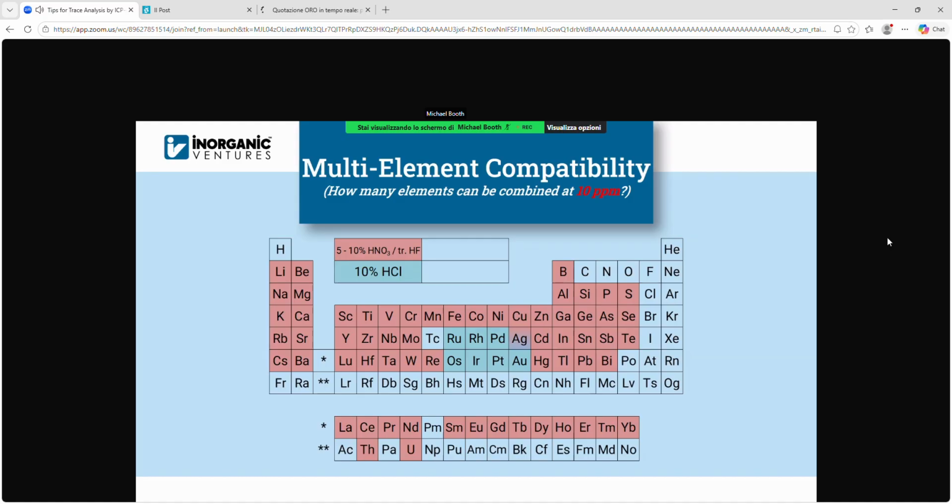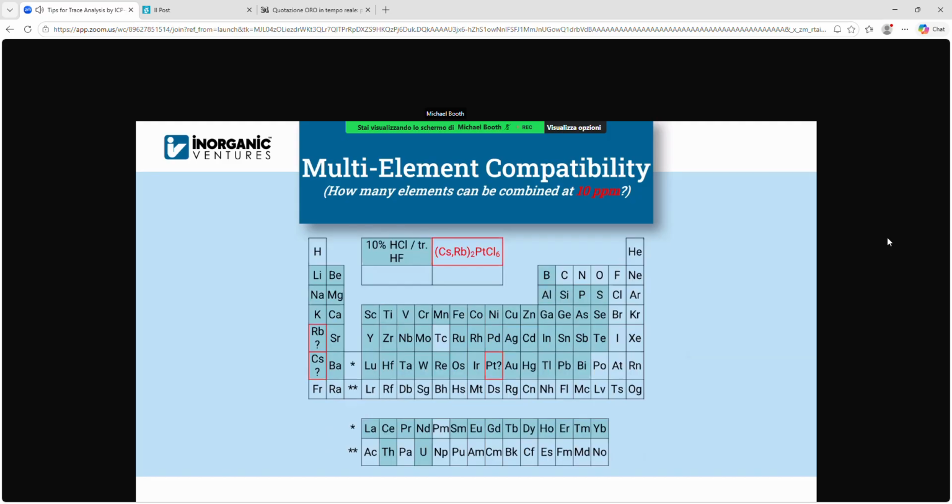You can also, at 10 ppm, if you wanted to put silver in your precious metals mix, you can, because that's 10 ppm silver, 10% HCl. So again, that blend would be photosensitive, but it would be stable. So you can get a lot of things to play together at 10 ppm and nitric and have a really good solution. If we switch the matrix up to just focus on HCl exclusively, you can get basically everything together